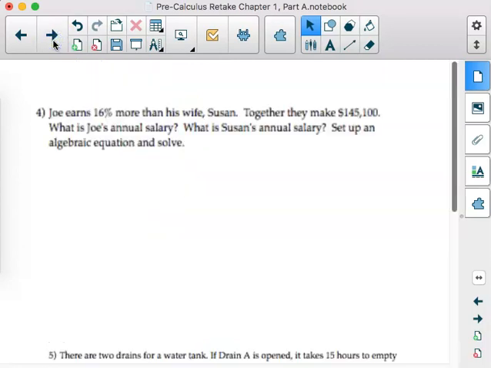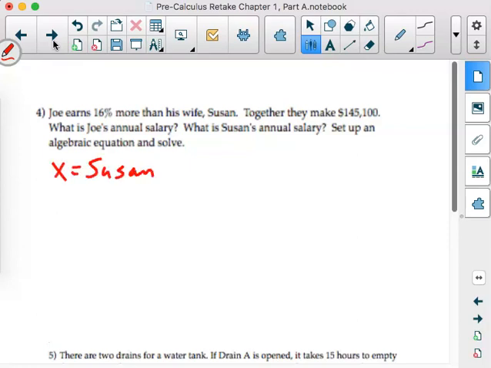Then, we had 2 problems on the 2 days of review that were perfect fits with what we have here for the problems on the test. Joe earns 16% more than his wife Susan. Together they make $145,100. What is Joe's annual salary and what is Susan's annual salary? And set up an algebraic equation and solve. So Susan makes less. I'm going to have her be x. Joe earns 16% more than Susan, so he earns